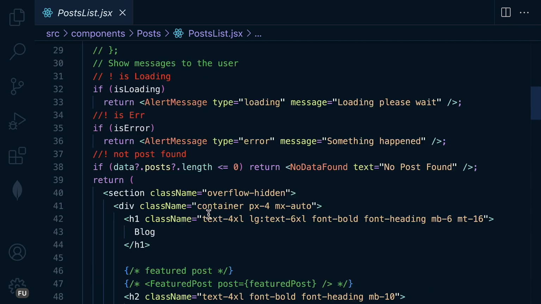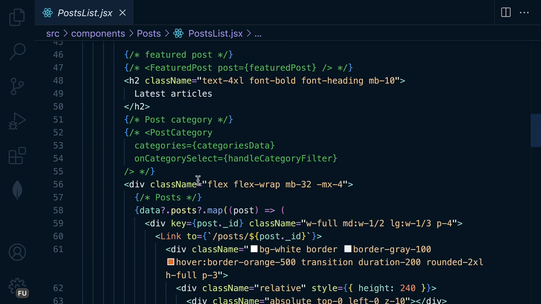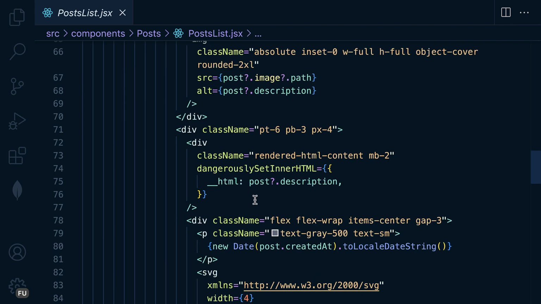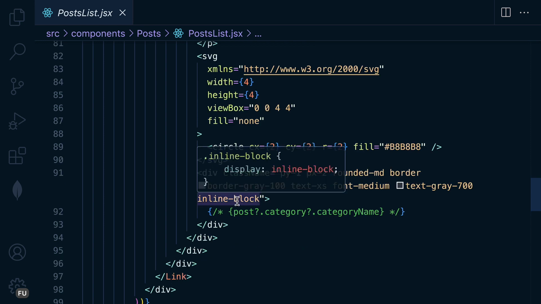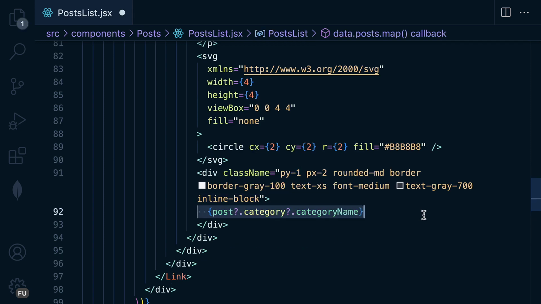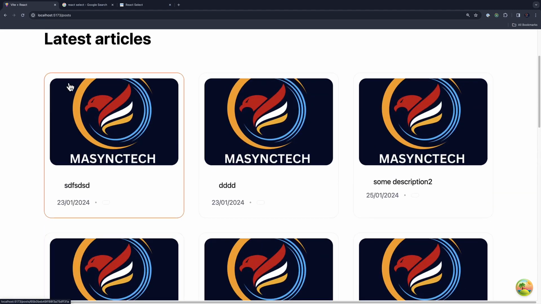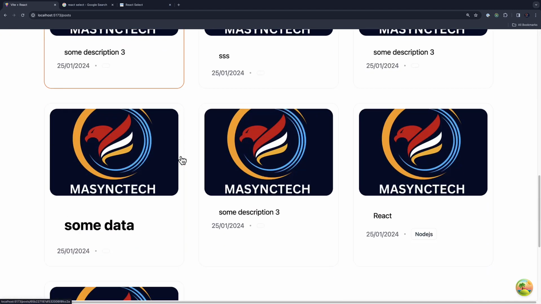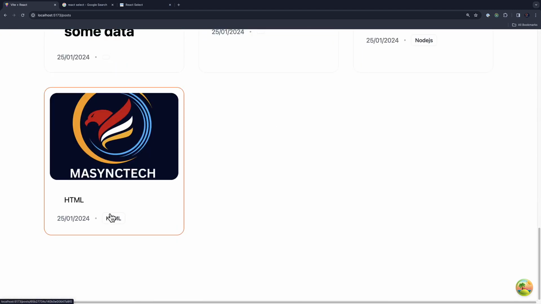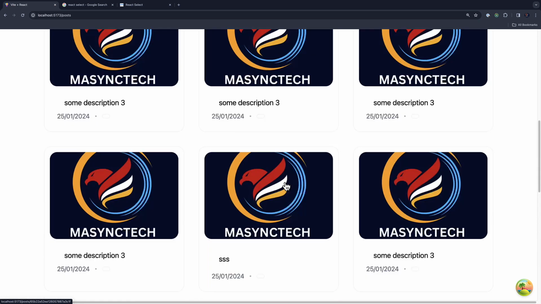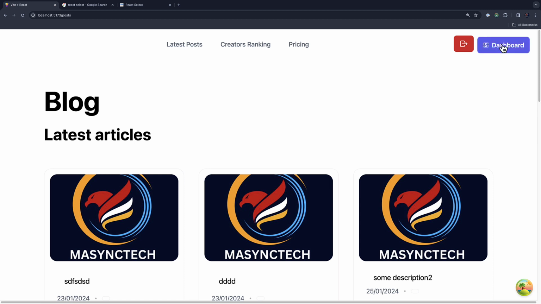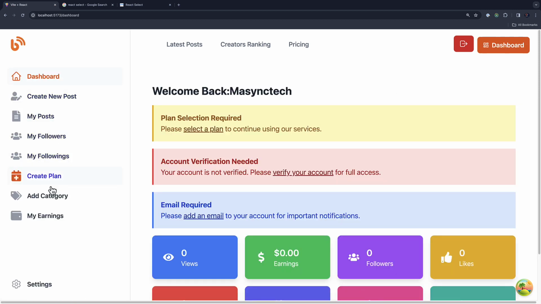Over here we have the category somewhere here. Yeah, this one. So I can comment out, and now we are displaying the category name. With this one, save it, and now let's see the last ones, and we have the category names here as HTML. If I go ahead and create a new category,